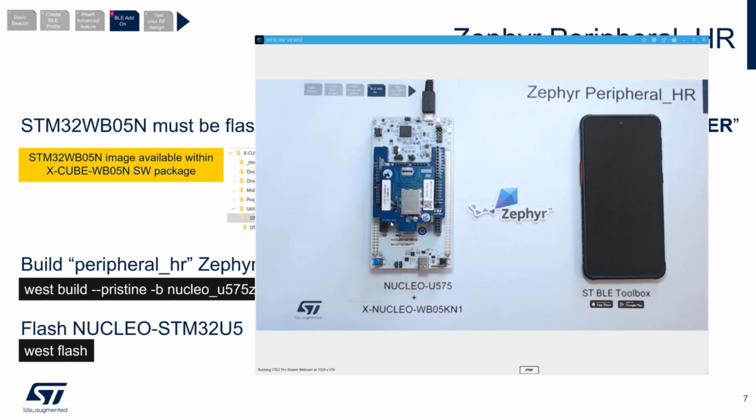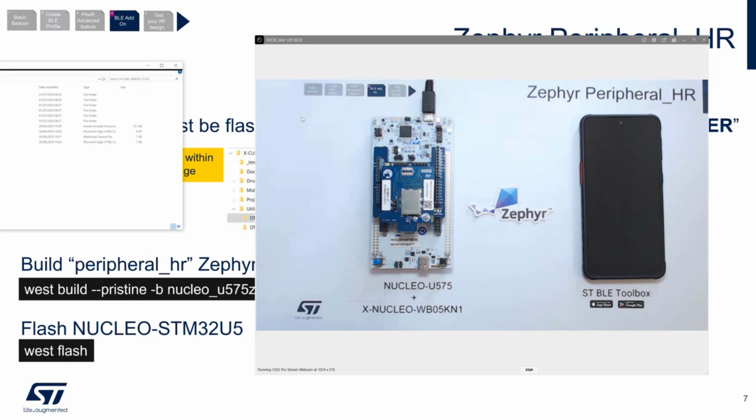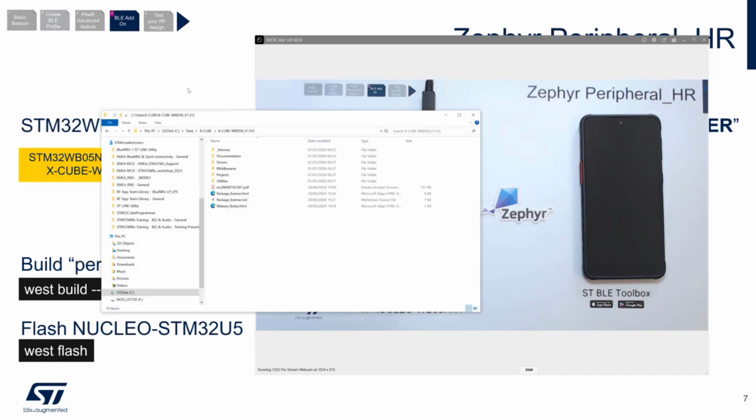Now, before I flash my WB05N with the controller image, if I open the XCube package, I downloaded from st.com the XCube WB05N package, the one mentioned in the previous slide.